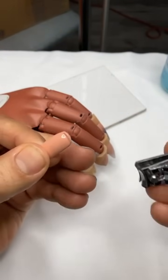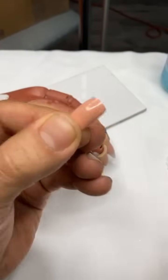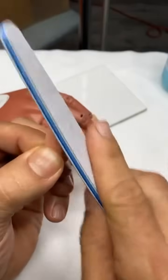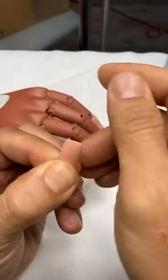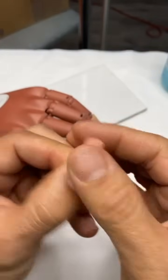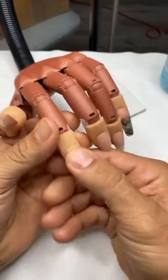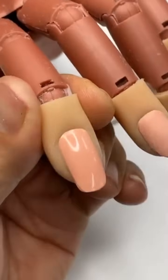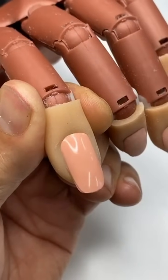What you want to do is clip that off just like this with a toenail clipper. Then I like to come around and file it smooth, and then you're going to press it down multiple times, probably 2 or 3 times,